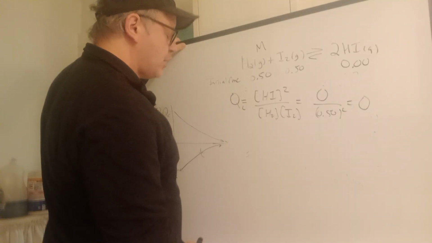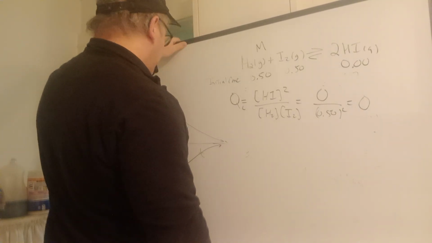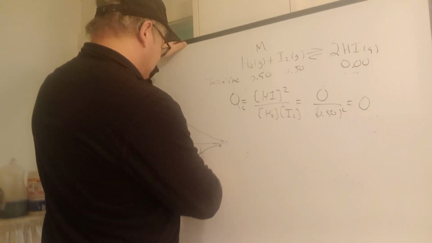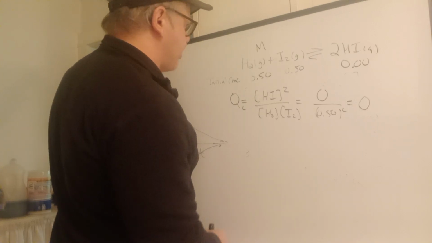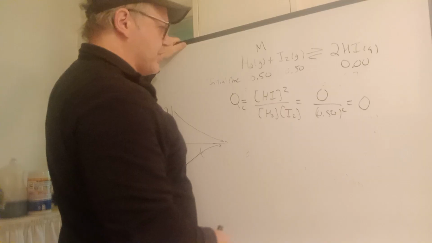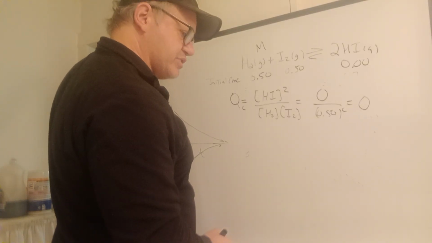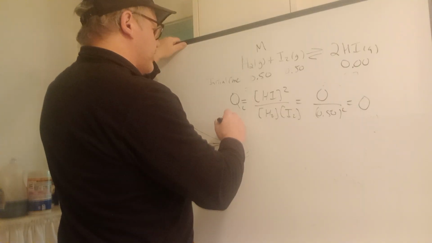So we know Q is definitely less than K in this case. It's 0 in this particular case, which is actually pretty common. You prepare a system with just the reactants and no product present. That's experimentally very easy to do. And what we see for this is that at equilibrium,